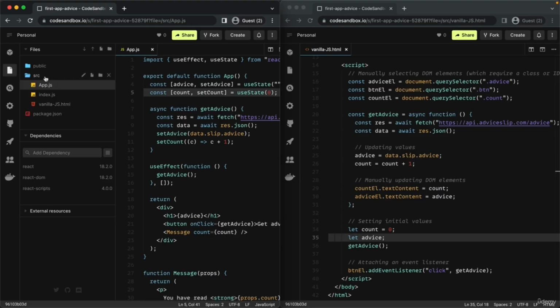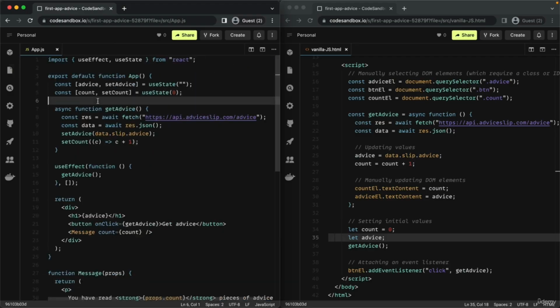So right here in the source folder, there is now this vanilla HTML file. And again, I will post the link to this CodeSandbox into this lecture. All right, so in case you don't really remember what we did back here, you can always pause the video and just analyze this code here for a second for yourself. So what I want to do now, again, is to just quickly compare the React code that we wrote before